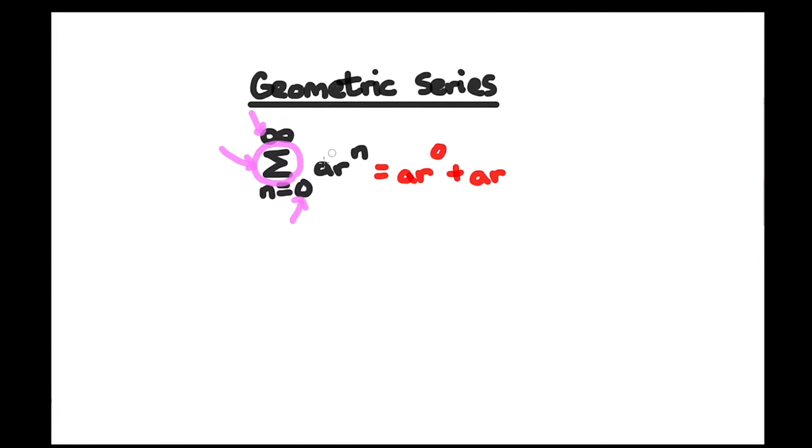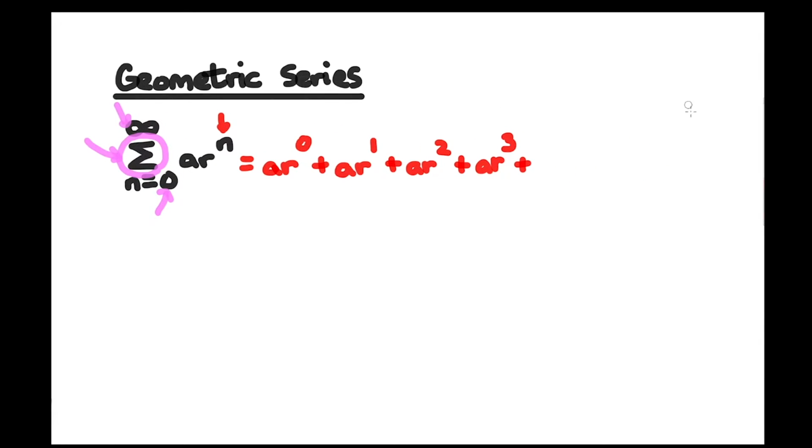Now after 0, we go to the next integer, which is going to be 1. And the n's are basically just changing. Now the reason the n's are changing is because of how this is defined right here. There's an n here, and n's going from 0 to infinity. You get the idea. So here we go, AR to the third plus,